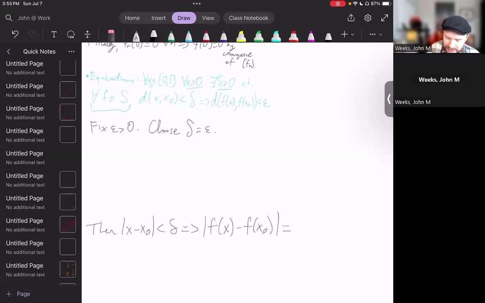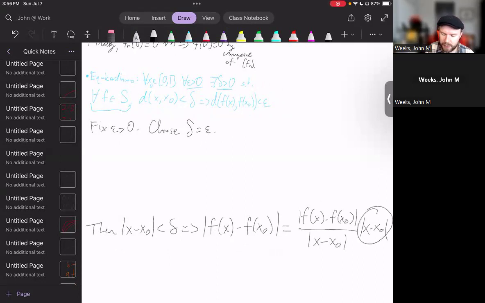Well, we know that we can rewrite this as the absolute value of f(x) minus f(x_0) divided by |x - x_0| times |x - x_0|, something like this. So notice what I've done is I've multiplied both top and bottom by the absolute value of x minus x_0. And what good does that do for me? What that does is it makes this thing on the left look a lot like a derivative, doesn't it? It's not quite a derivative, but we can get the derivative involved by replacing the upper part, f(x) minus f(x_0), using the fundamental theorem of calculus once again,